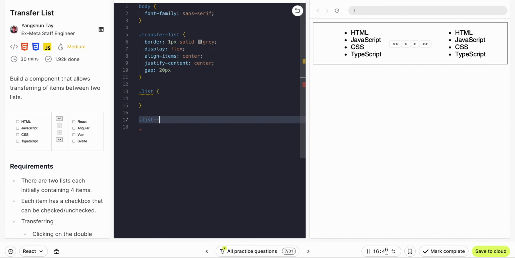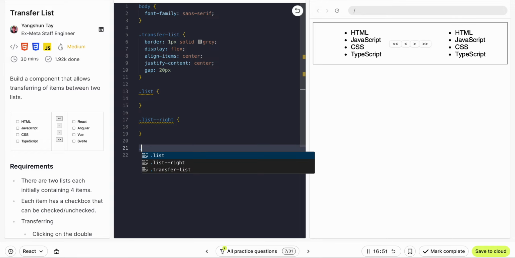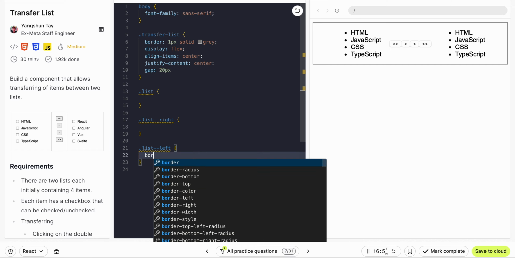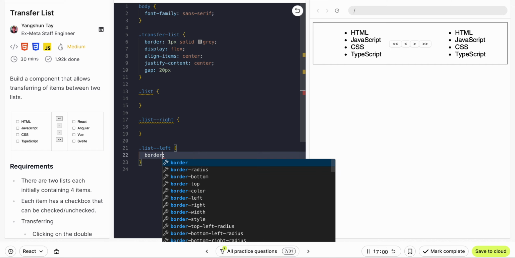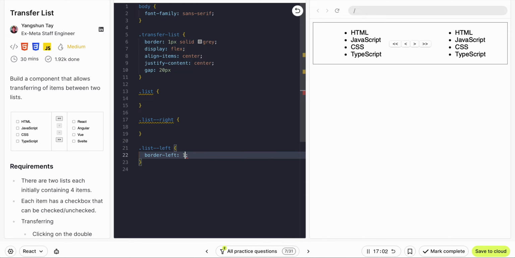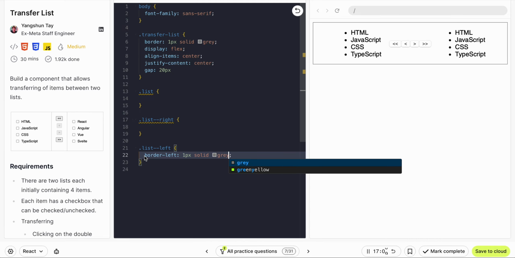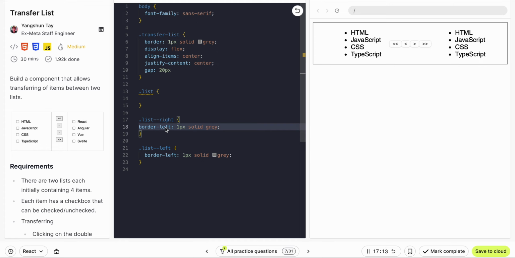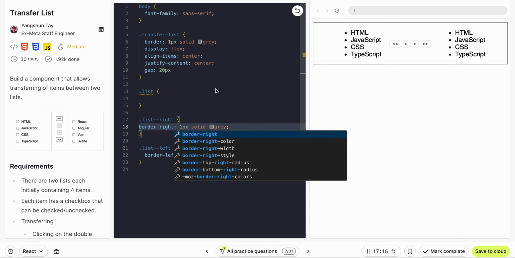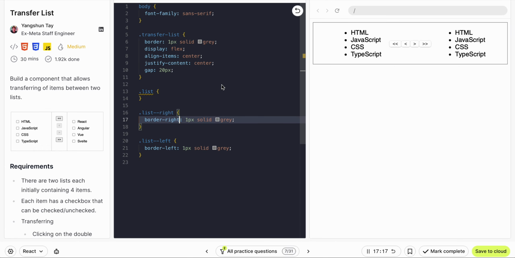So it will be right, then list, that it will other list, solid with green. Same goes for this one. Right, it will be white. So